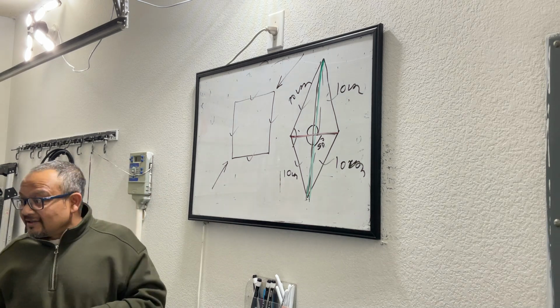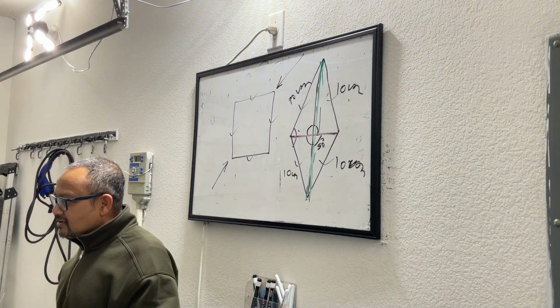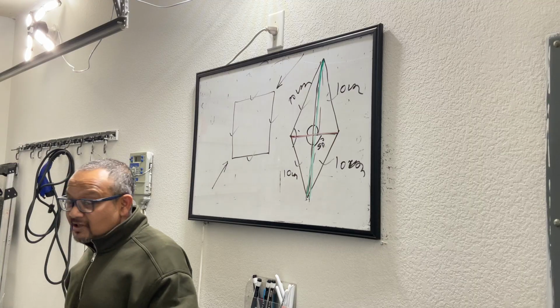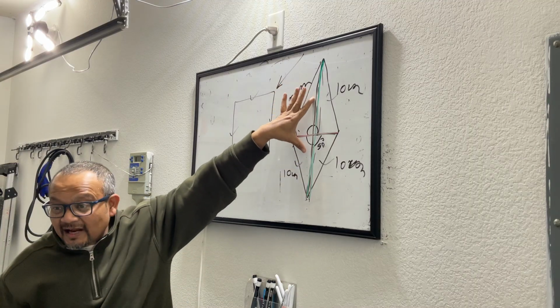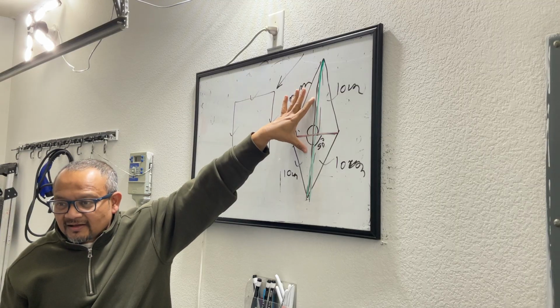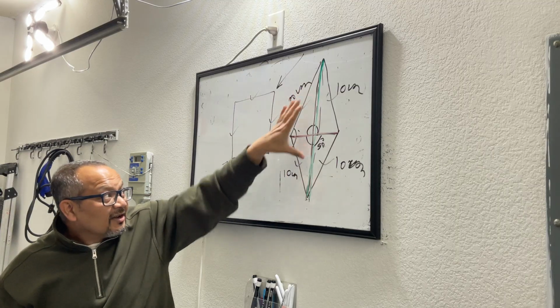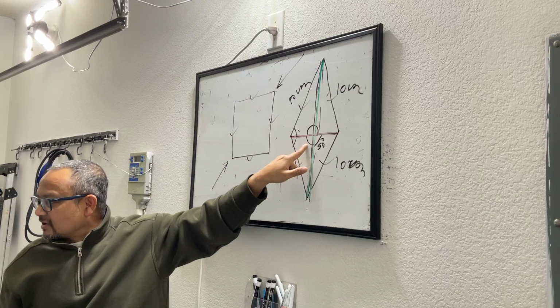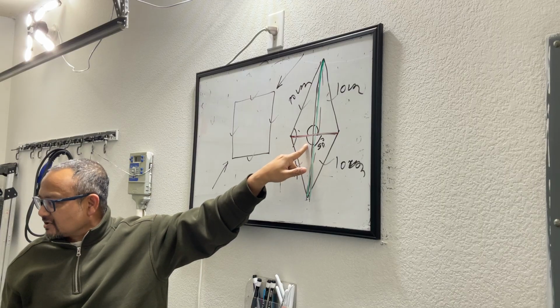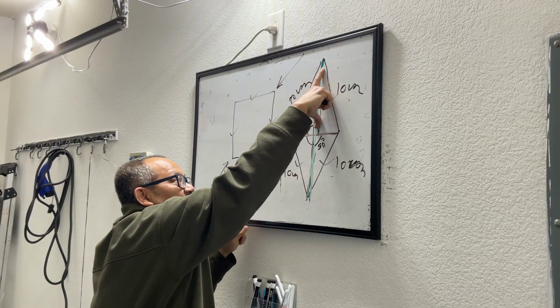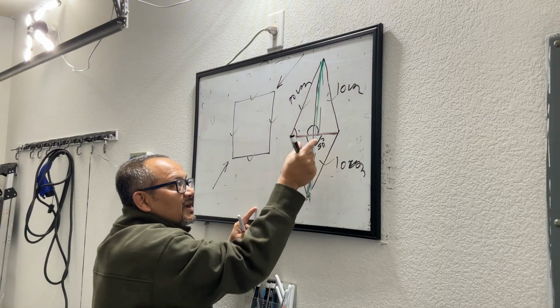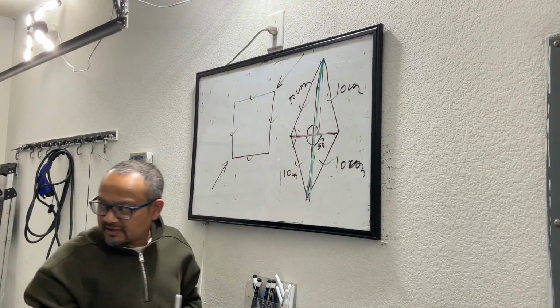And they are true enemies. When I say enemies, what I mean by that is, the red diagonal splits the green diagonal into two parts. The green diagonal also splits the red diagonal into two parts. Equal parts. Okay? So, this part and this part are same length. This part and this part are same length.